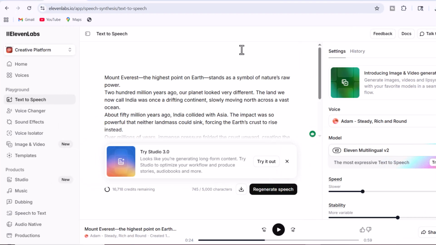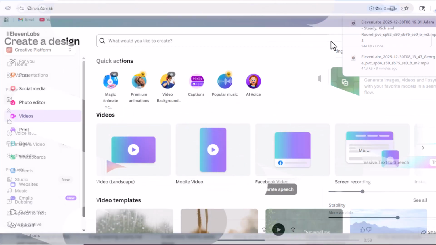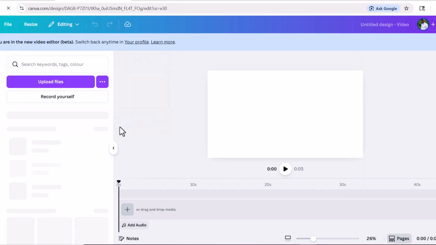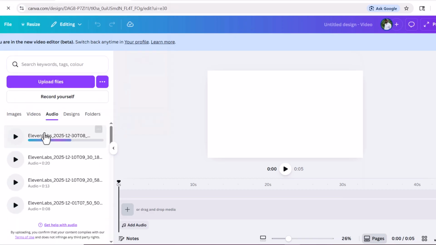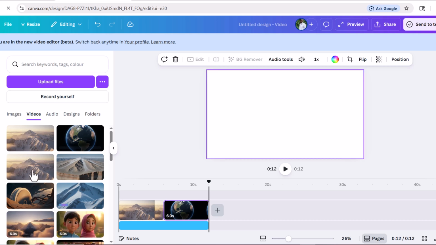This sounds fine, so we'll download it. After that, you need to import this voiceover and all the clips into any video editing software. Next, first add the voiceover to the timeline, then add all the clips one by one. Now, the media we downloaded doesn't match our project settings, so we'll select Keep Project Settings and add all the media files to the timeline one by one.